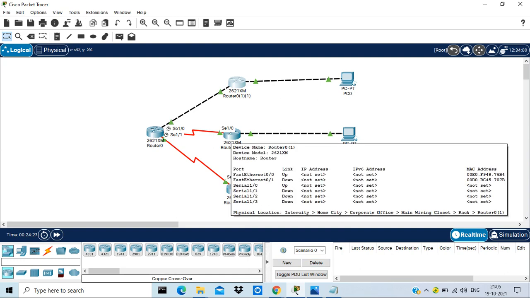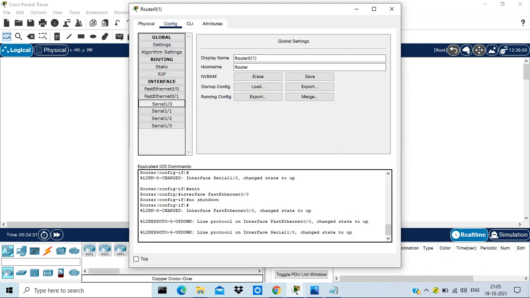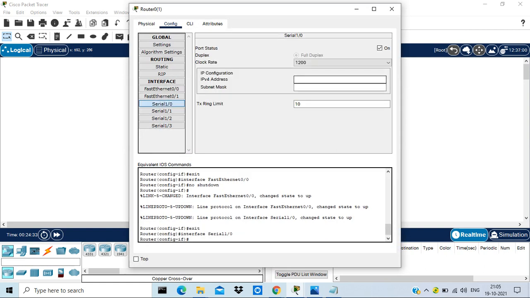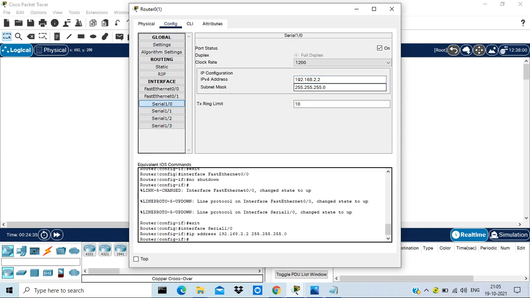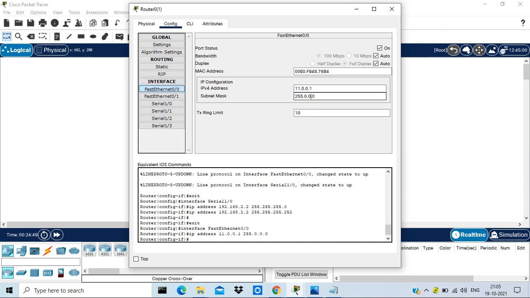For branch 2, it is AC 1/0, and for LAN, it will be 11.0.0.1, and the subnet mask will be 255.255.255.0.